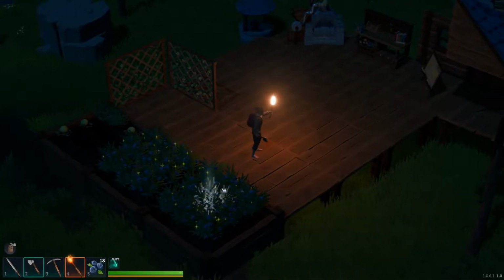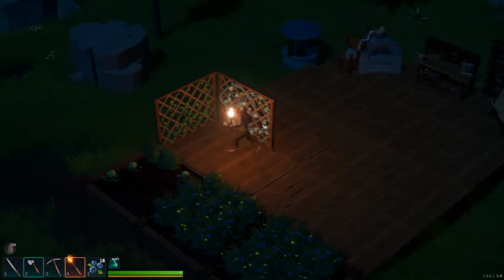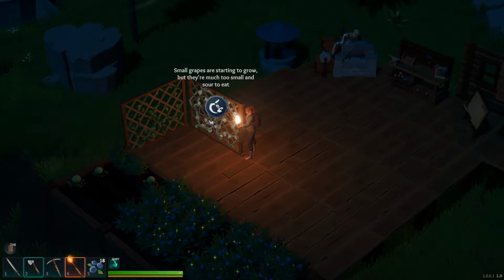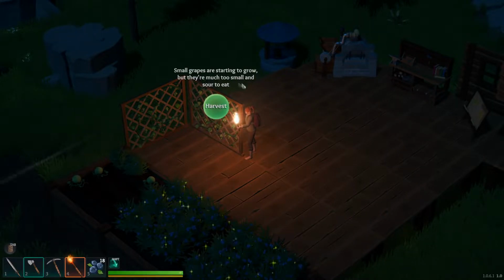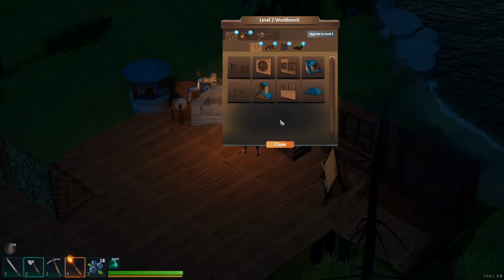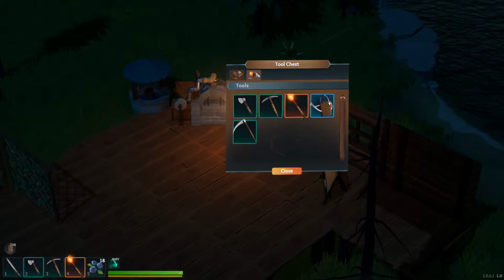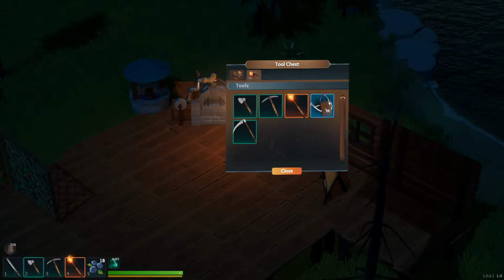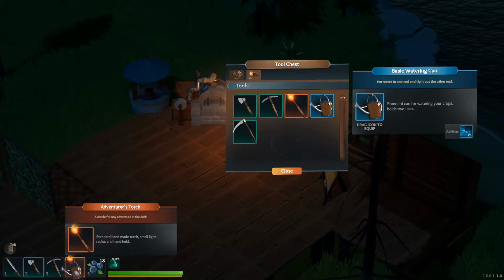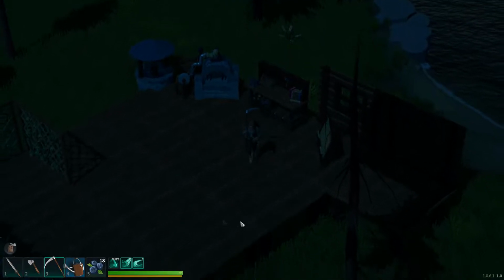and of course now we are gonna harvest all of these. These over here aren't ready yet, but you can see all the grapes are starting to grow here, so that is really nice. They're much too small and sour to eat, so I don't know if they're going to be ready tomorrow. But we'll see. Let's first of all go in here, and then we are gonna grab our watering can, and we are gonna grab this, which actually doesn't seem too...